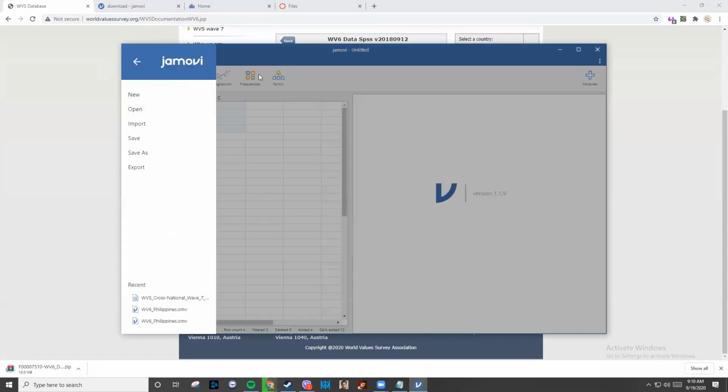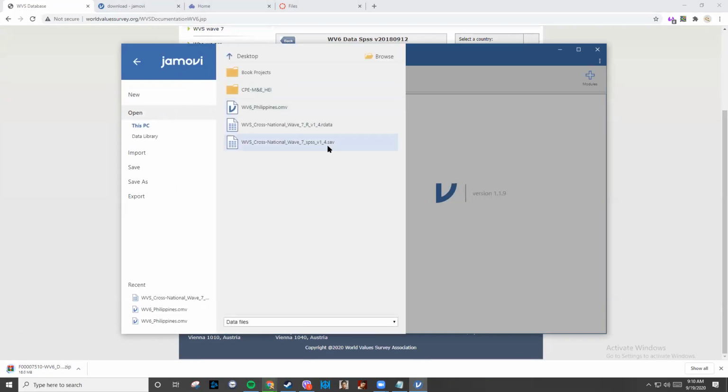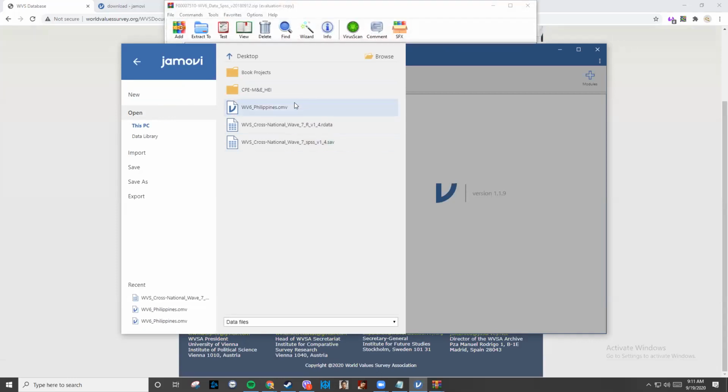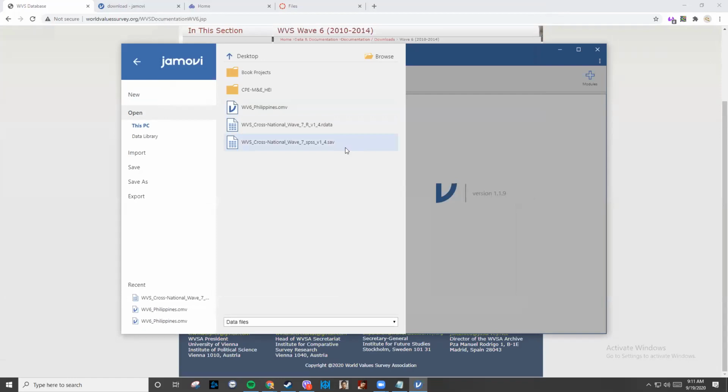You wanna go to Jamovi, you press open, and you look for the .sav file. This version is the most compatible across versions. So I'm sorry, I forgot kung sinong nasa email. Whoever has an older version of Jamovi, please open using the .sav file and not the OMV para mabuksan mo.